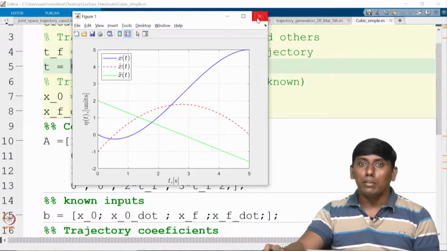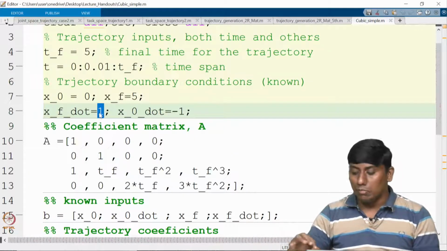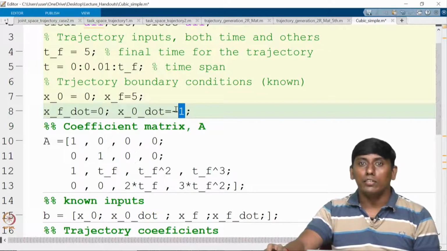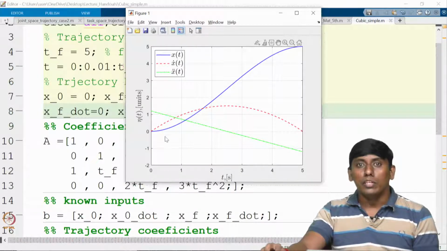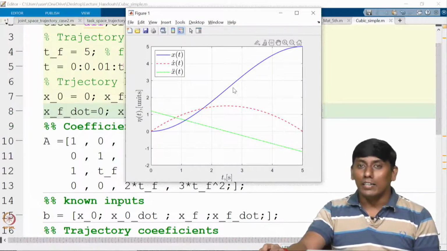So now in order to get more clarity, for example, I am making the initial and final velocities 0 just for understanding. So you can see now the curve would be a little different. You can see it is smooth, and again you can see the maximum velocity is happening at the middle, which is 2.5 here, and the acceleration is 0 at that point. So that way we can look at it. Now the curve is going much more smooth. The other one looks like a non-minimum phase system, so I don't want to bring that unnecessarily complicated term. So this is the idea.